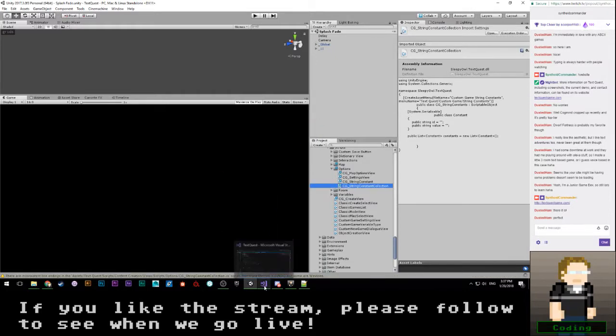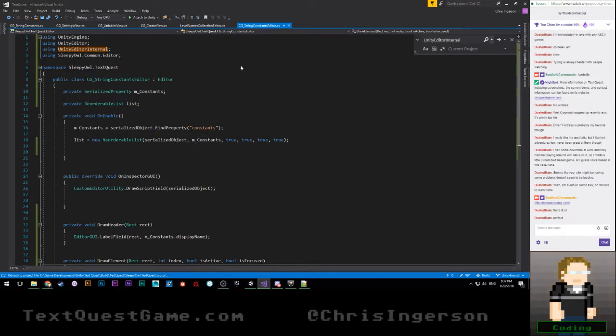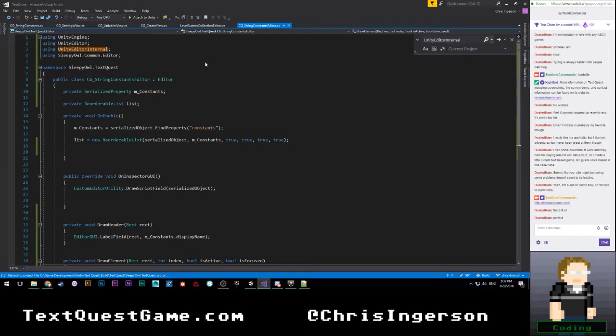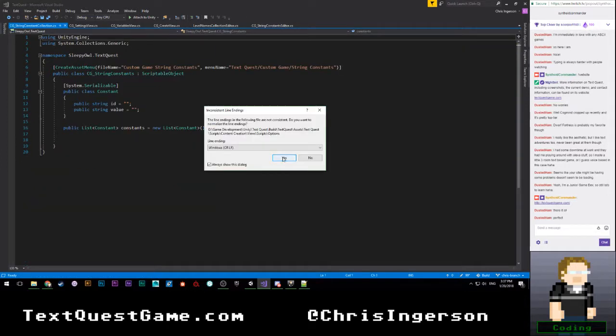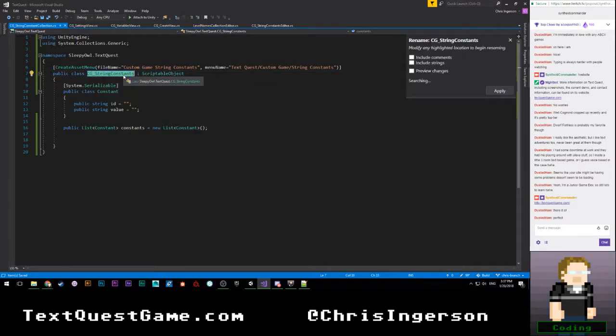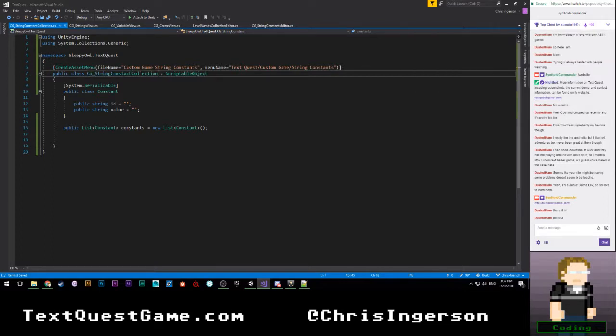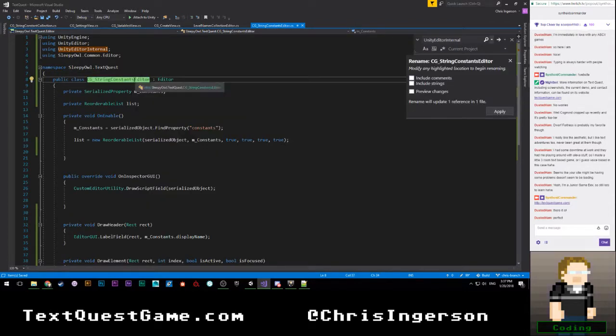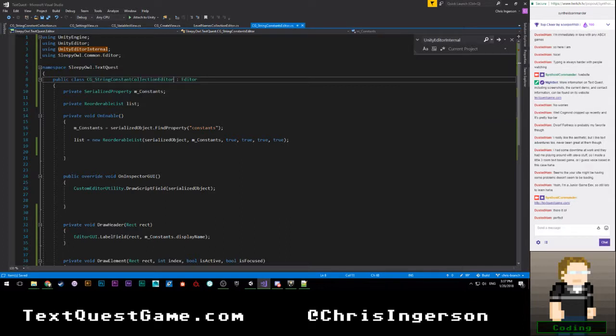I know it's going to cause some problems, but it'll be fine. Trust me. I'm going to go ahead and double click on that, open that up, and let's fix that little issue because of course we have to fix it. And we're going to go ahead and rename this to string constant collection. Let's rename this, which means we need to rename this to string constant collection editor.